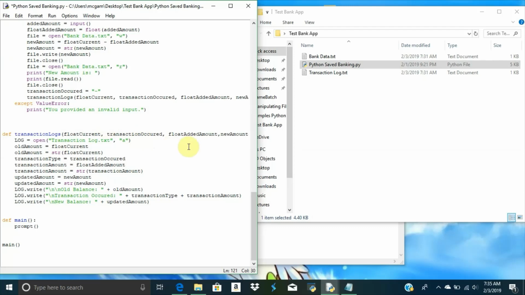Transaction logs takes 4 arguments, which I reassign just to make it easier. And I make log the variable of this. So I just take the whole file and I simplify it into a variable where it's open. And it's in A, which is an appendable format, which means you can add to it. And then basically I take those new amounts, convert them all to strings, and I write them down. Your old balance was, and it takes the current here. The transaction occurred equals the transaction type